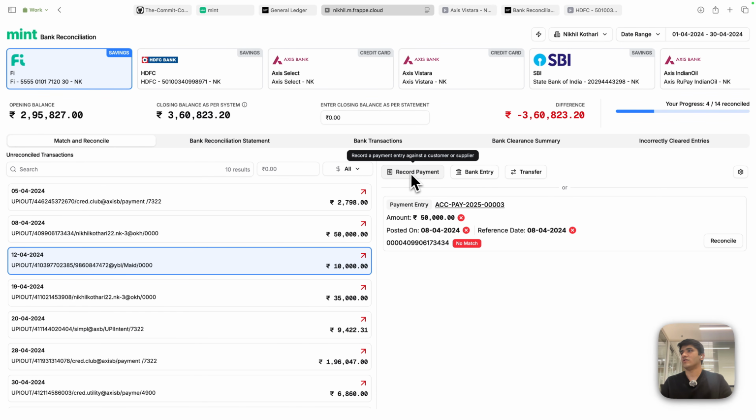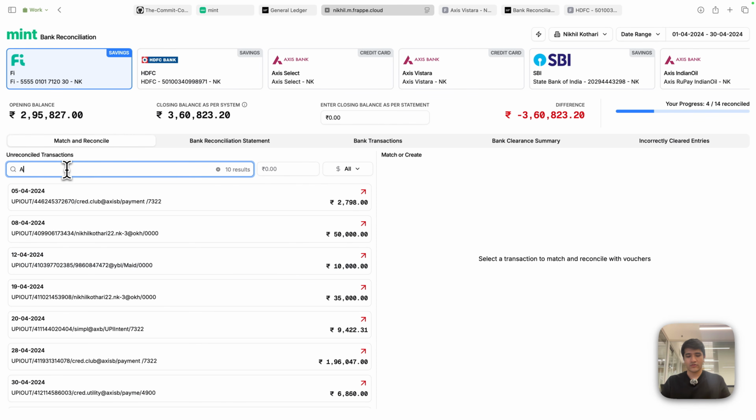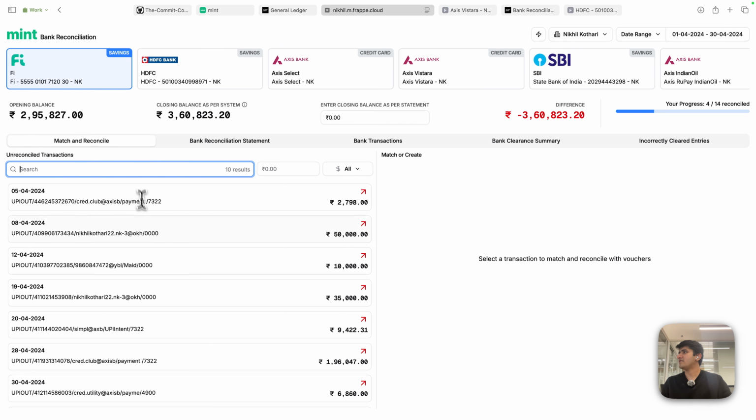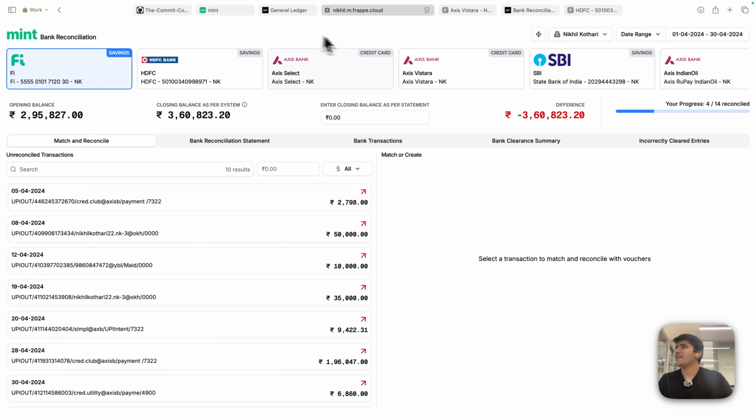As soon as you click on it, so let's see this one. Let's search for algo code. Oh, I don't have any. Oh man, no one paid me then. Very frustrating. No one's paying me. Anyway,